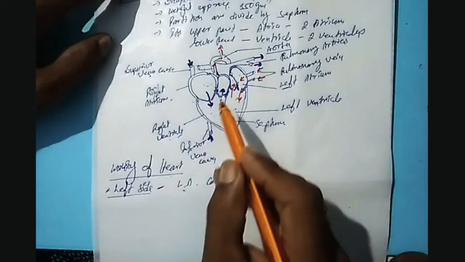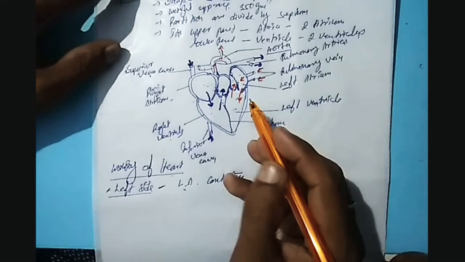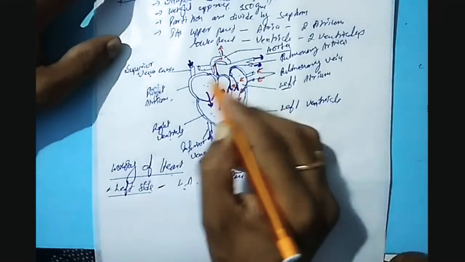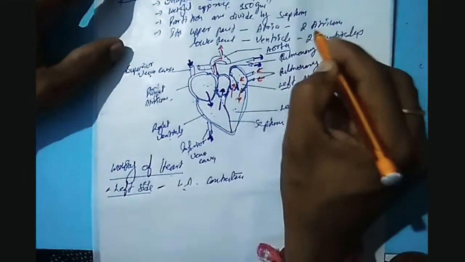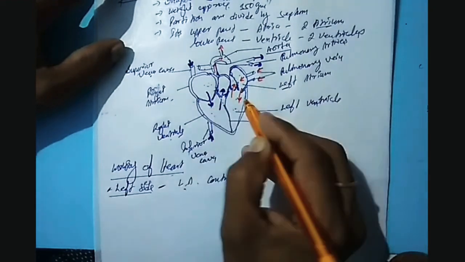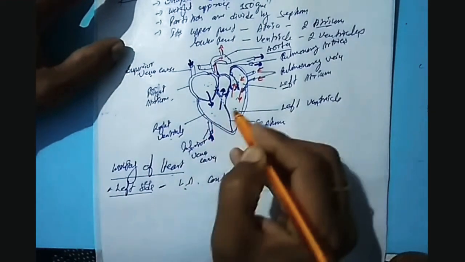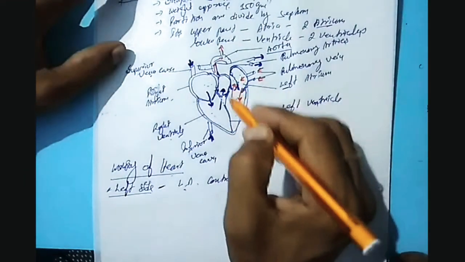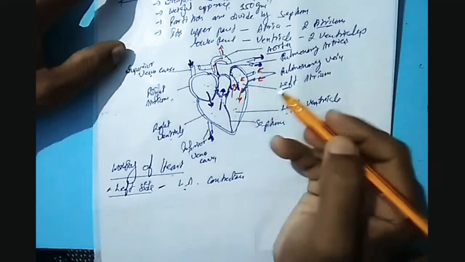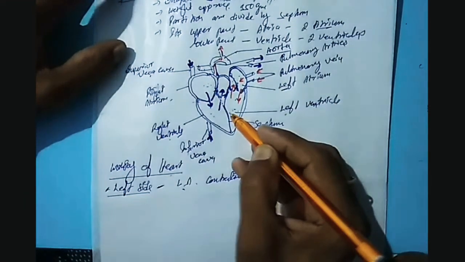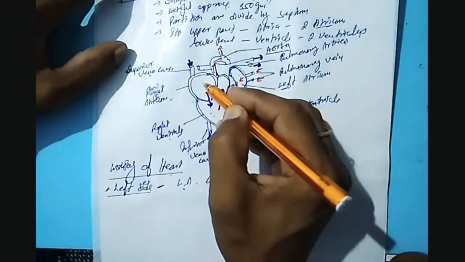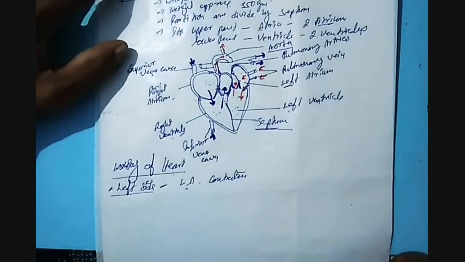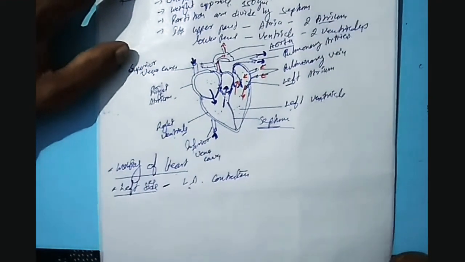Let us try to understand with the help of a simple diagram and its working. Here I draw a diagram of the human heart. Its upper part is called atria, and atria divide again into two atriums. And its lower part is called ventricle, again divided into two, right ventricle and left ventricle. The left atrium and left ventricle are separated from the right atrium and right ventricle by a septum.